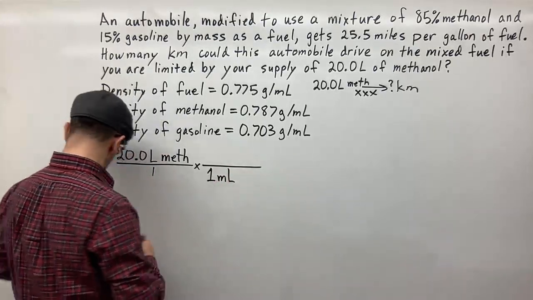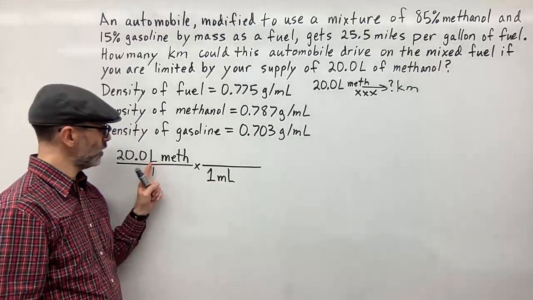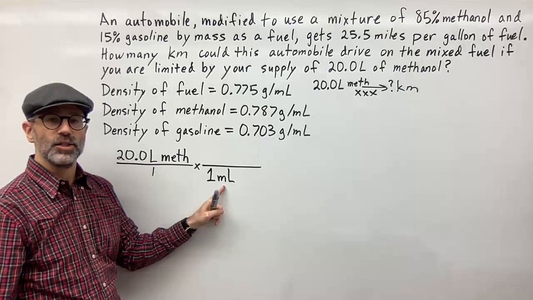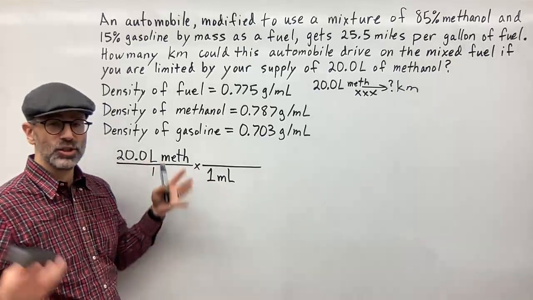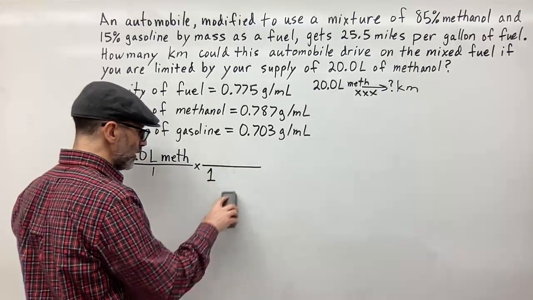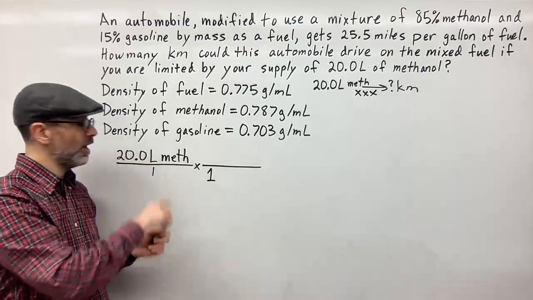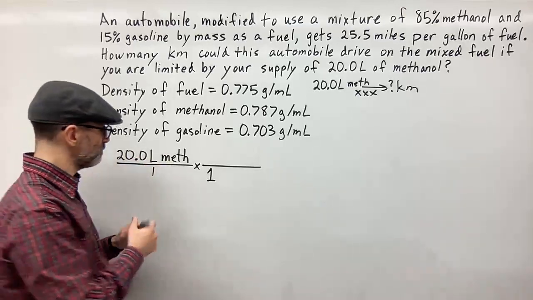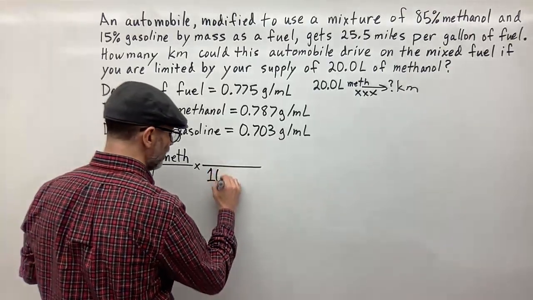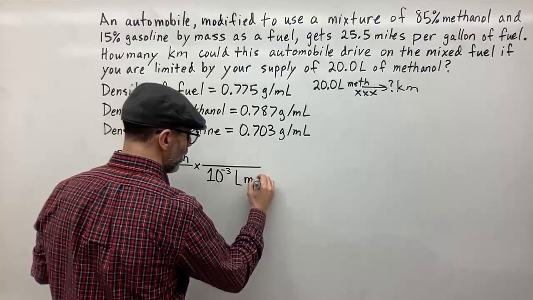Oops, notice that I caught my mistake, because I have the unit here, liters, and I put milliliters down there. So that's not going to cancel out, so that's not going to work. That's why you want to always write the unit down. That way, if you're writing units and making sure they cancel out, then you'll catch your mistake like I just did. So, I'm going to put 10 to the negative 3 liters of methanol